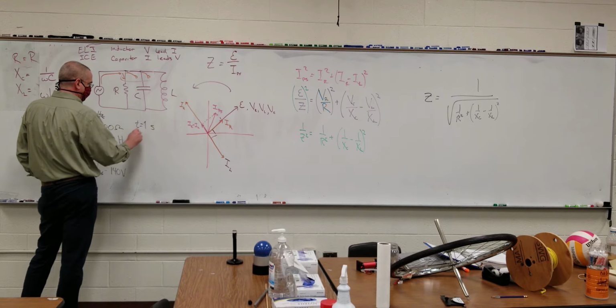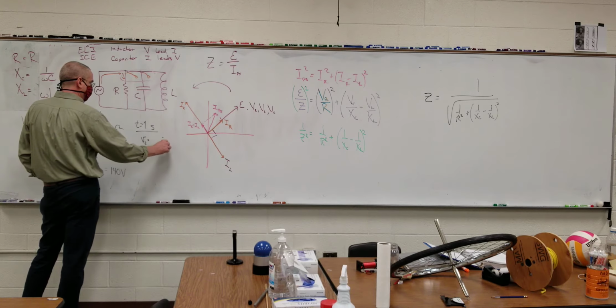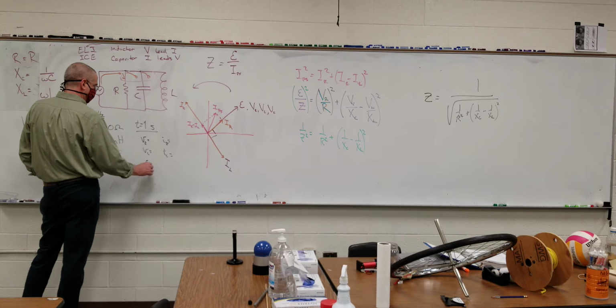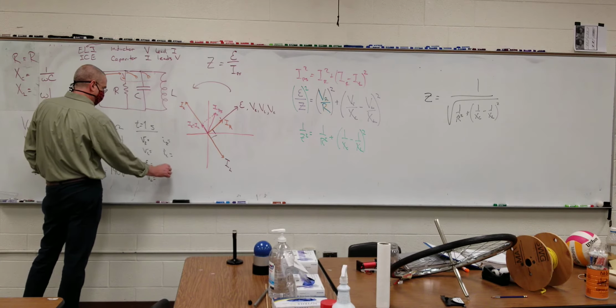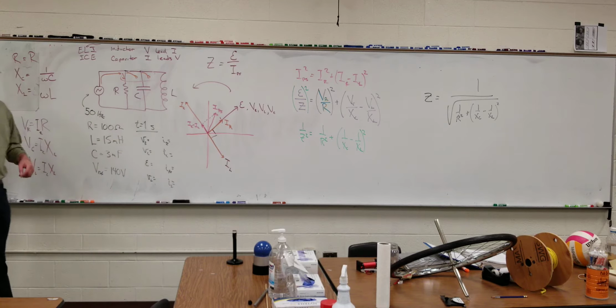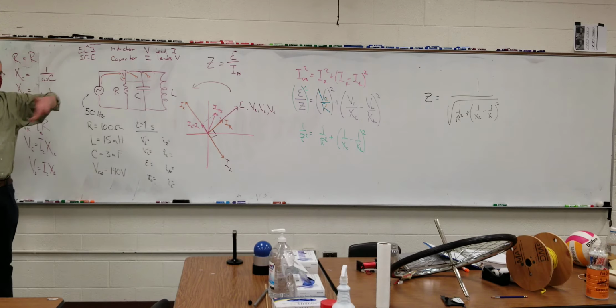So at time equal to 1 second, what is V sub R, I sub R, V sub C, I sub C, epsilon, small epsilon, V sub L, I sub power supply, and I sub inductance? So what the question is asking is, imagine these phasors are zipping around 50 times a second. Thus the 50 hertz. So after 1 second,